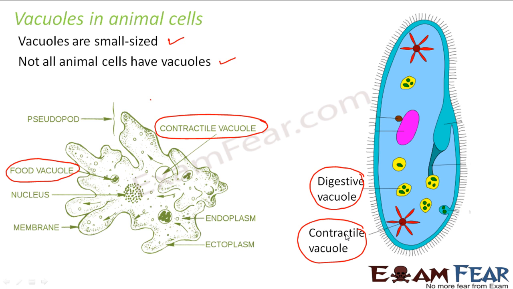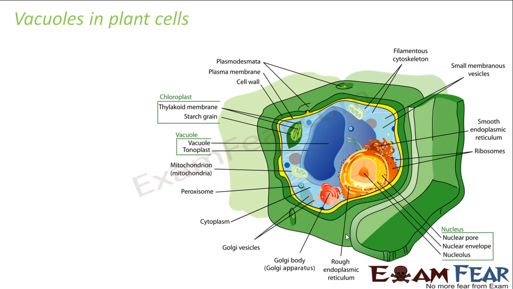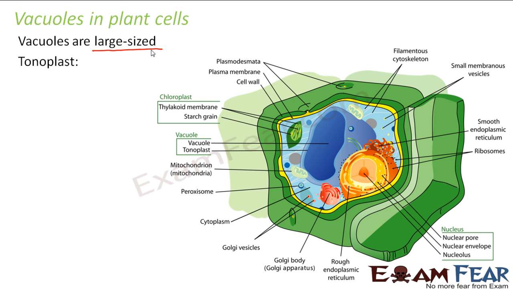their size is small. On the other hand, in plant cells, the vacuoles are large in size. That's because vacuoles are mainly used to store water, to store a fluid, right? Because of that storage, vacuoles are generally large in size. And the membrane covering the vacuole is known as tonoplast. So here you can see how big a vacuole is. This blue colored structure is the vacuole, and the light blue colored covering or the membrane of the vacuole is known as tonoplast, right?